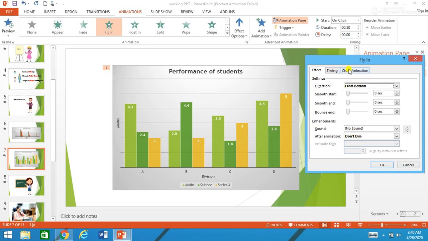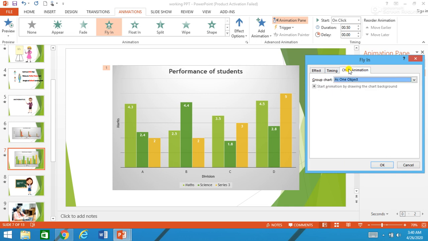Right now I want to just use chart animation. When you click on the chart animation, you can see that in the group chart you can apply fly in animation as one object, just drop down, or you can apply the chart animation by series or by categories.